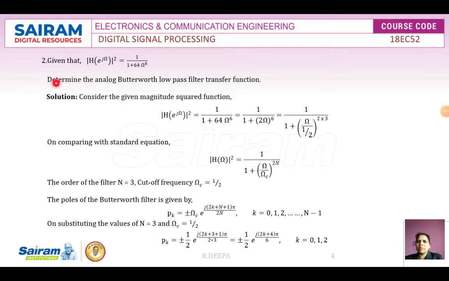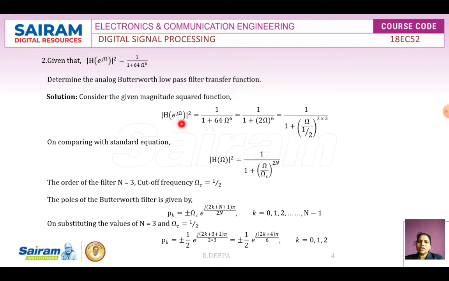So the second problem: given that the magnitude of H of e power of j omega whole square is equal to 1 by 1 plus 64 omega power of 6, you need to determine the analog Butterworth low pass filter transfer function. So how to determine it? First, let us consider the magnitude square response of the Butterworth filter, which is